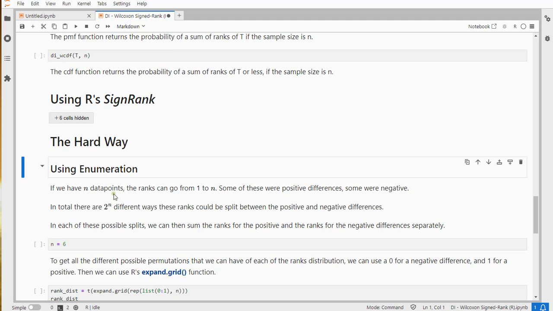So let's say we have n data points, and therefore the ranks can go up from 1 to n. Some of these might have been positive differences, some of them might have been negative differences. In total, because we have two options, either positive or negative, there's 2 to the power of n different ways we can actually split these ranks between positive and negative. In each of these possible splits, we can then sum the ranks for the positive and the ranks for the